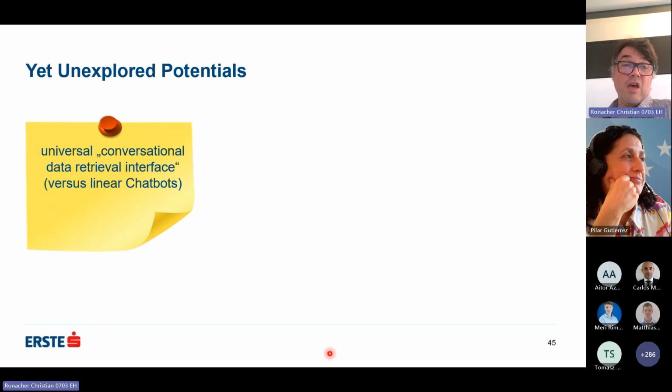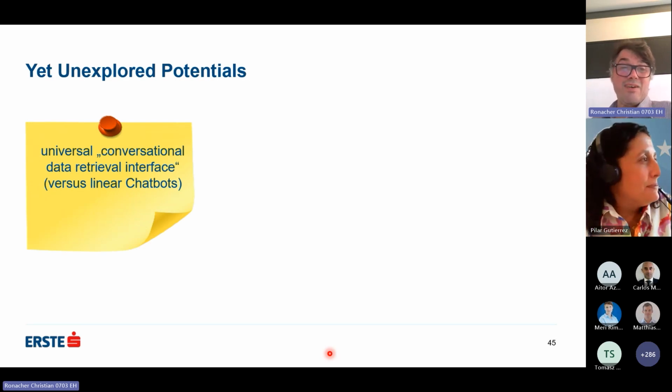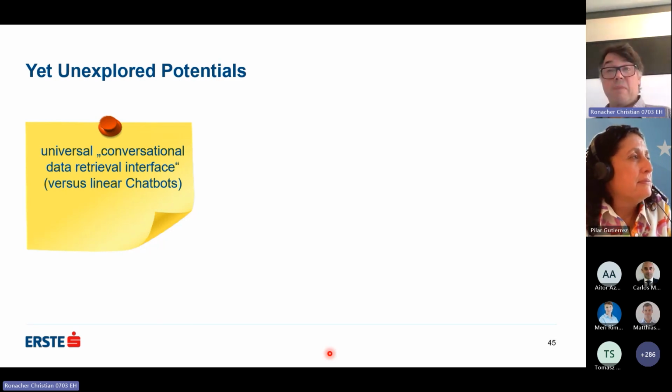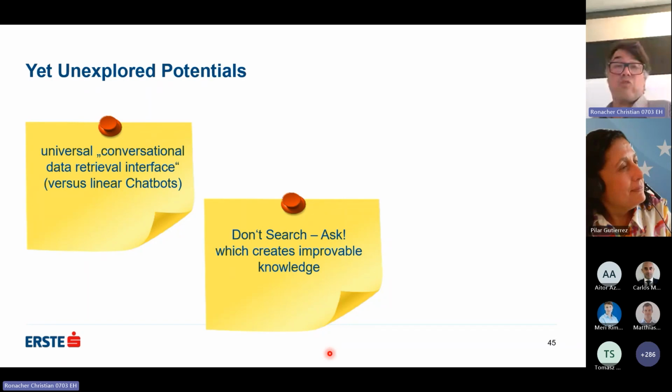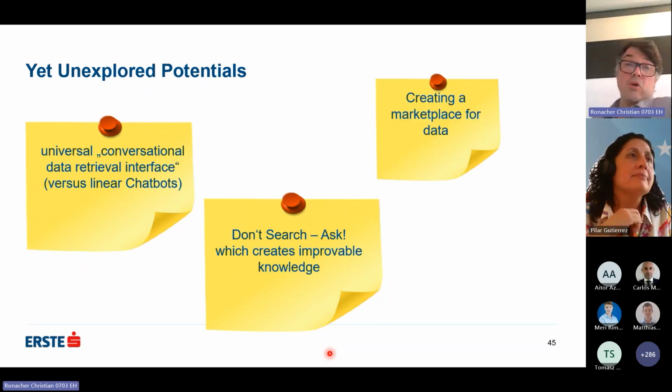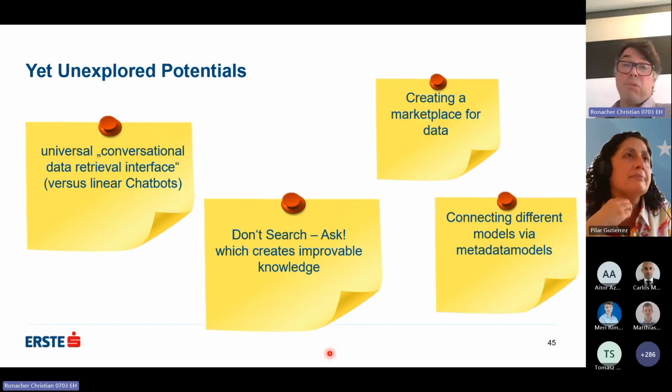So we have this kind of universal conversational data retrieval interface versus linear chatbots, which might be supported by metadata frameworks. Instead of searching, ask. And again, this conversation can create improvable knowledge for the company, which maybe creates a marketplace for data.